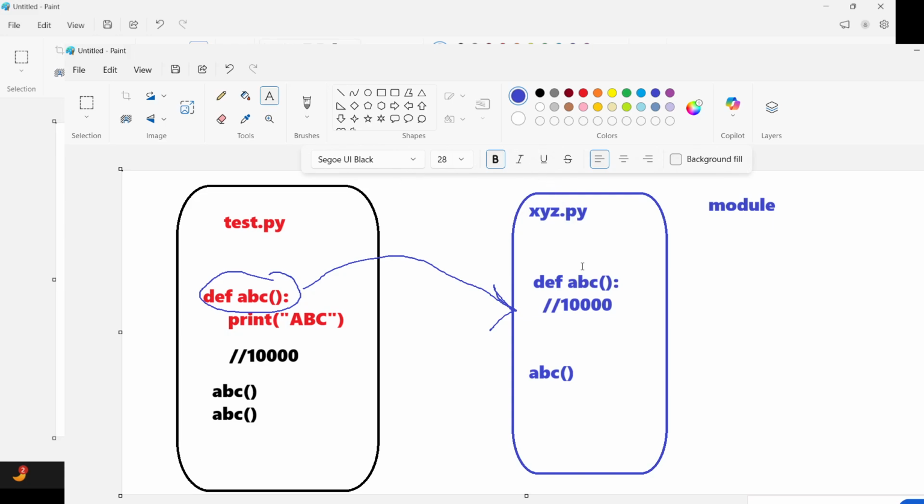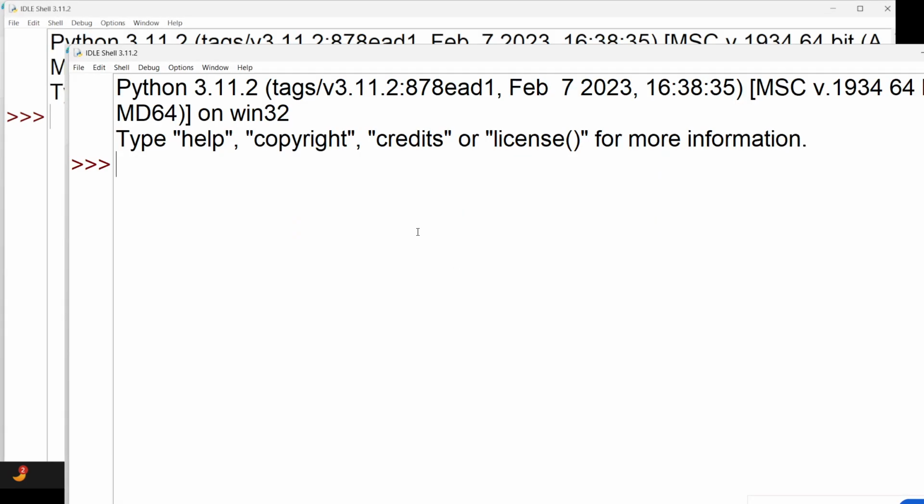And a module helps us to access another file, like test.py function, in xyz.py. Okay, you get the concept? Yes, sir.